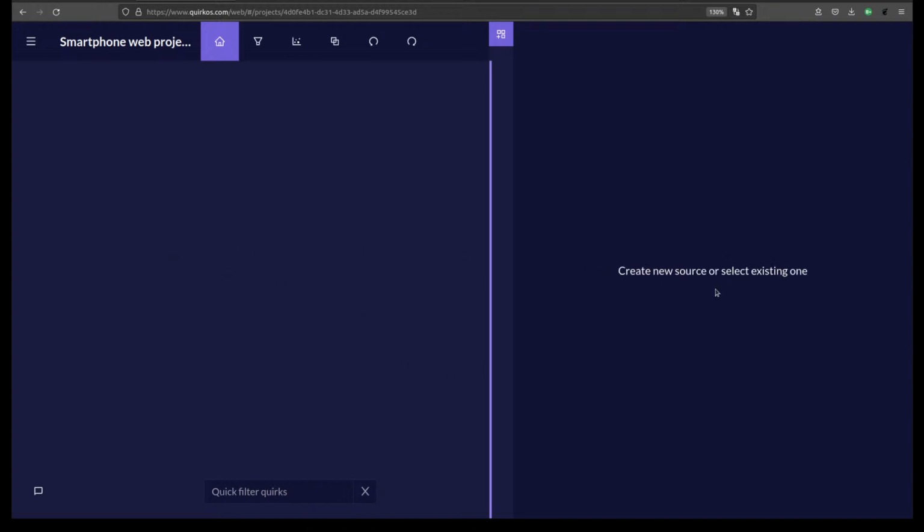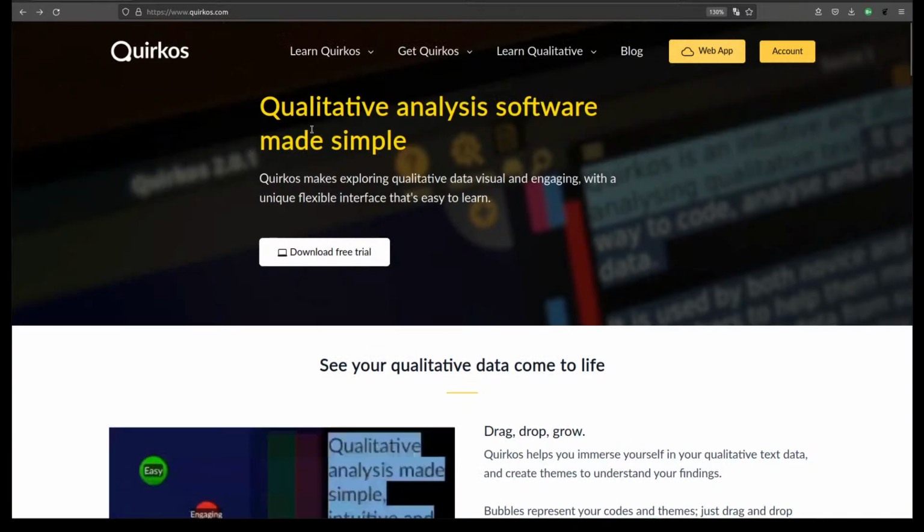So the project's empty at the moment, and the first thing we're going to do in this case is bring in some data sources. The example we're going to use here is actually one that you can download for yourself. So if you go to